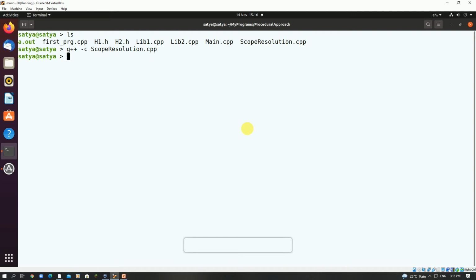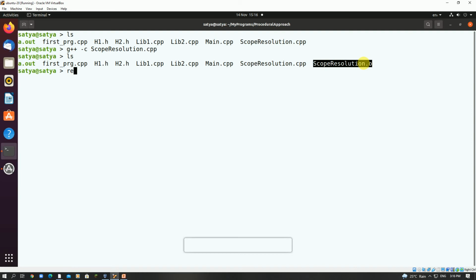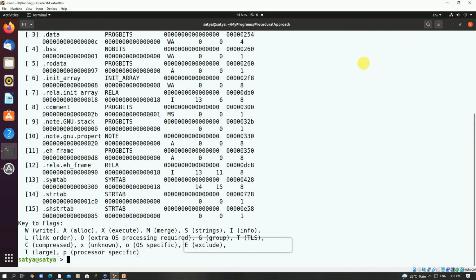Okay, scope resolution operator. Now when I do this I can see the .o file. I am typing readelf -s and the .o file. So here it will show the symbol table.